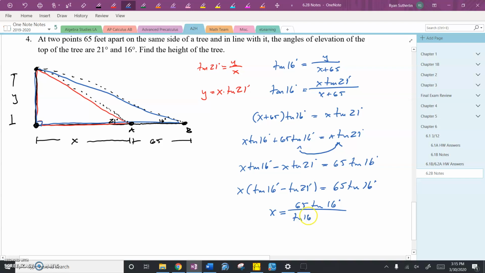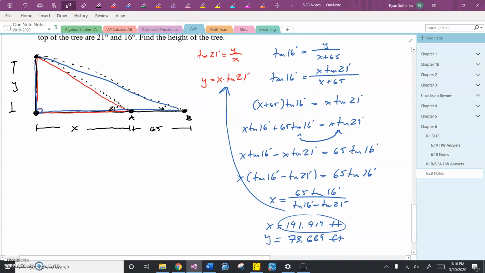And so I get my exact answer. And it looks kind of sloppy. Sorry about that, but it's 65 tangent of 16 over tangent of 16 minus tangent of 21, which comes out to 191.914 feet. You then can take that, plug this in here for y, and you get y to be 73.669 feet. So try the problems tonight. Good luck, and we'll go over